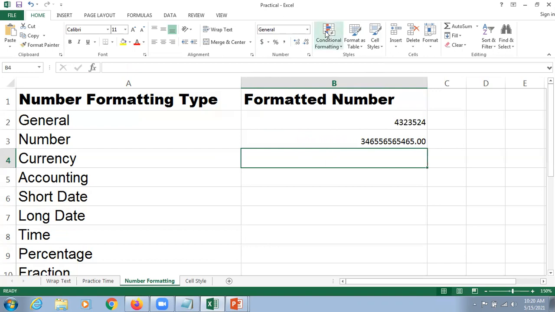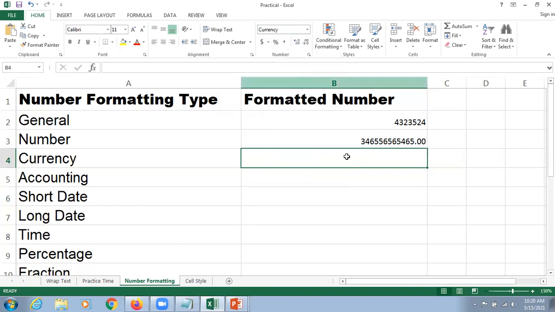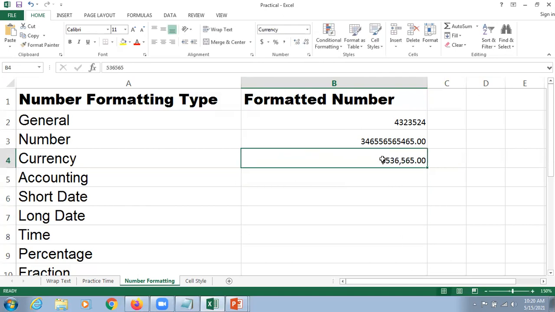Okay. Now I'm just going to type it like this. Before that, we just click here and select it like this, and we can simply click on currency here. I'm just going to type some content here, and yes, the currency is displayed here. One symbol appears in front of that particular currency.